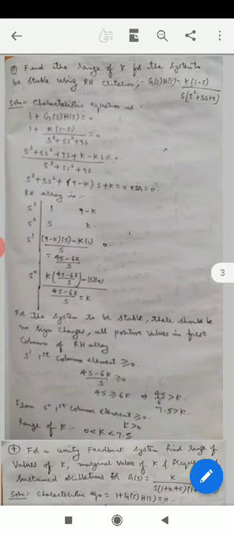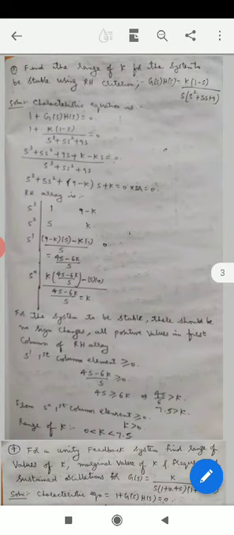That is (45 minus 6k) divided by 5, it should be greater than 0. So 5 into 0 is 0. So minus 6k, if you send it to the right hand side, it will become plus 6k. So the k value, if you send it to the left hand side, is 45 by 6. 45 by 6 is equal to 7.5. So k value should be less than 7.5. This is from the s power 1 row.